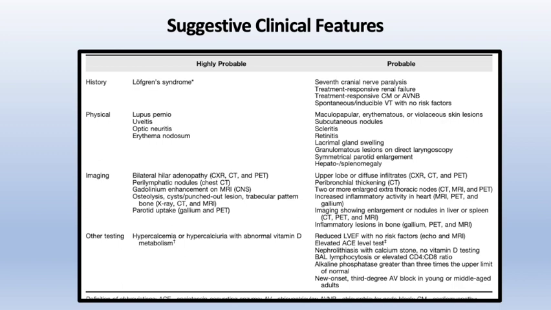Other testing, a hypercalcemia along with a suggestive clinical scenario, or hypercalciuria or abnormal vitamin D not otherwise explained, could also hint to highly probable sarcoidosis. But when we talk about a not highly probable but rather a probable diagnosis, presence of cranial nerve palsy along